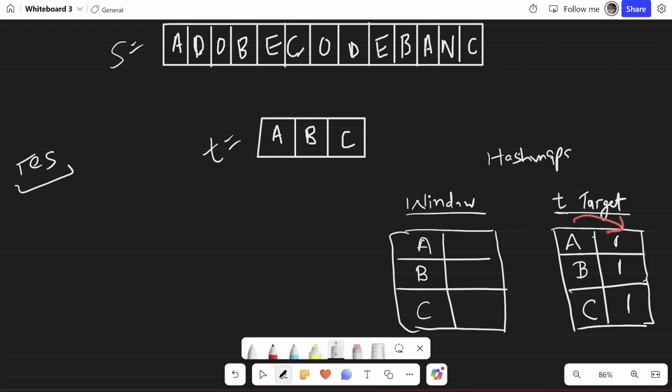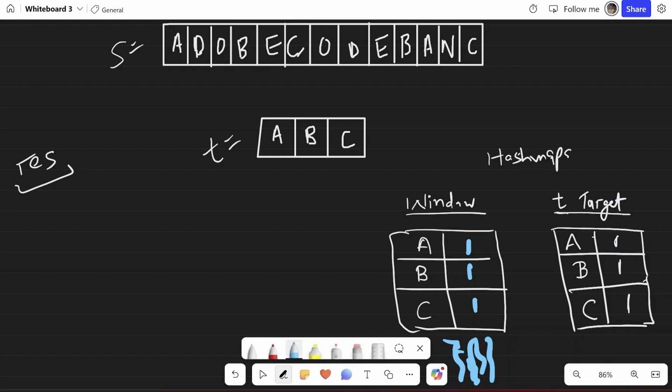So A occurs once, B occurs once, and C occurs once. Now what we want to do is maintain a similar hash map for the window we are currently considering as well. So for example, when my window reaches here, my hash map will look like A occurs once, B occurs once, and C occurs once. I don't care about the other values, so I'm just ignoring those.